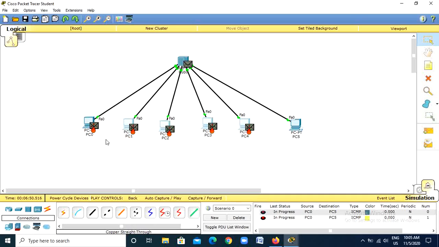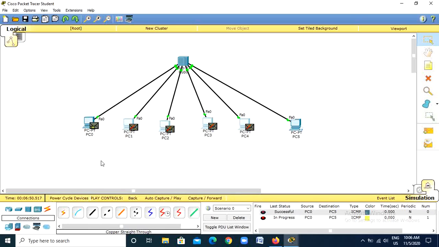It means that all these PCs are successfully connected with each other, and the packet PC0 sent to PC5 was successfully delivered over there. Now what is next is we are just going to see this. We can just repeat this work, as we just want to create another simulation window.